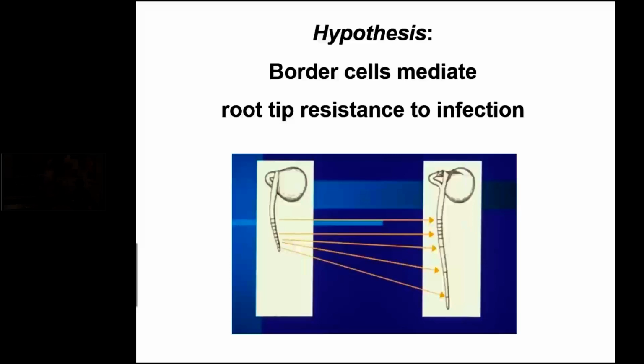And we chose border cells in honor of Nogales, which officially is a part of Mexico, and it's officially a part of the U.S., but it has a very special personality on its own, and that's a good reflection of these cells. Yes, they're part of the rhizosphere, and they're part of the root, but they're very different. So we set out just to simply test predictions of the hypothesis that these cells act as a decoy to trick the pathogen